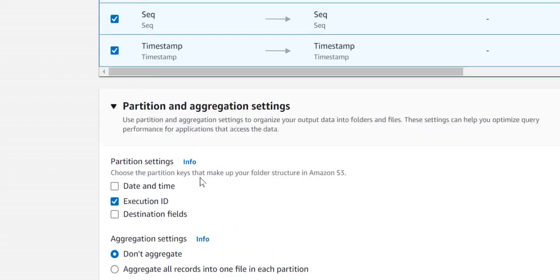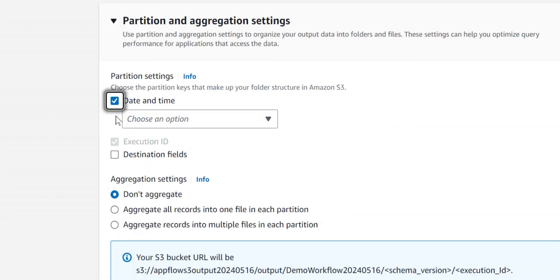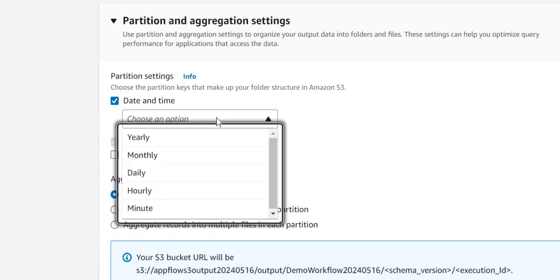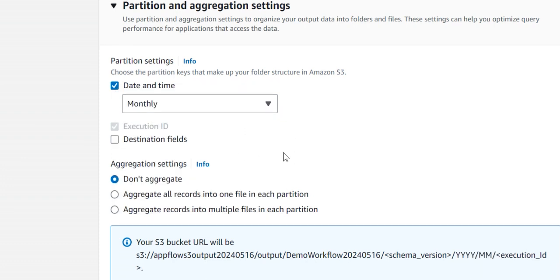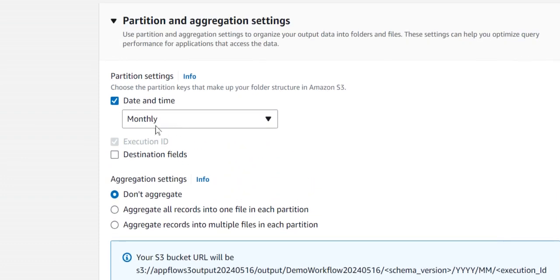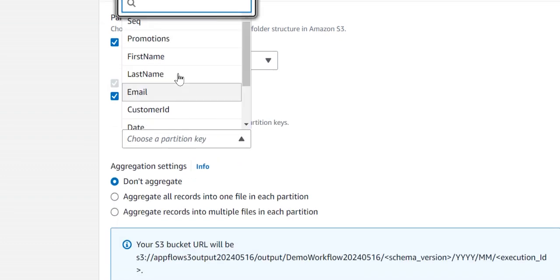So this is how we can define the partition column. Here I'm going to define the partition column as partition settings, date and time. I will say create a monthly view, and partition settings. And I will say for the destination fields, I want the data set to be